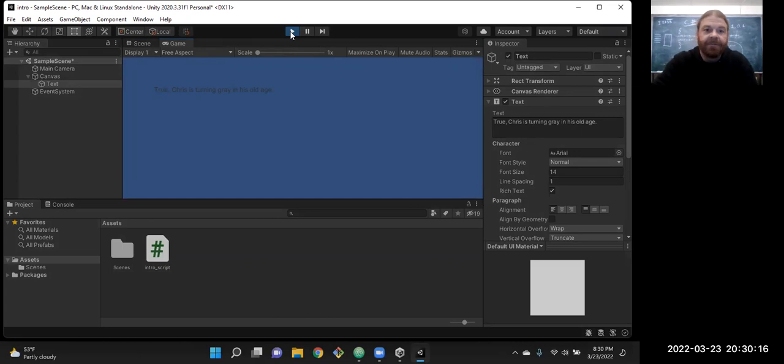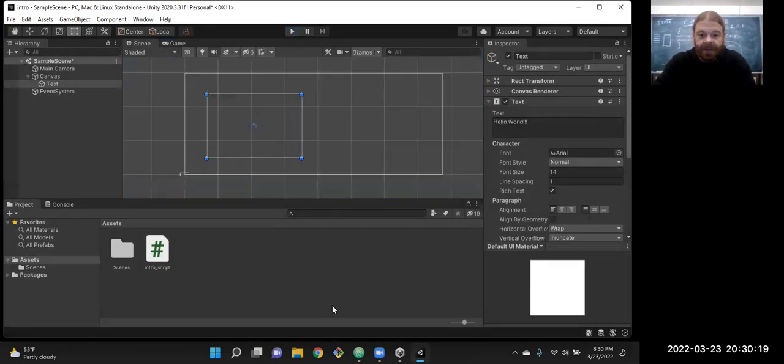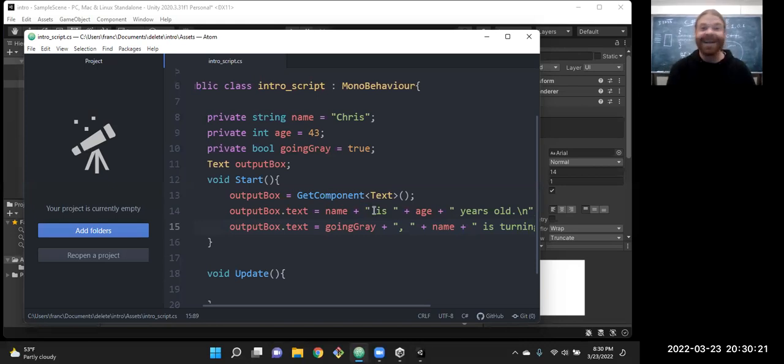Oh, nope, I must have overridden it. So that wasn't the error. Oh yeah. Good call, whoever said that. That wasn't the typo I meant to make. So we do have our reassignment operators. We'll see that in syntax. This is usually what I recommend for strings. Get your starting point on the string and then concatenate reassignment. I always call those the reassignment operators. So it's the same as saying output box equals output box.text plus some more stuff.